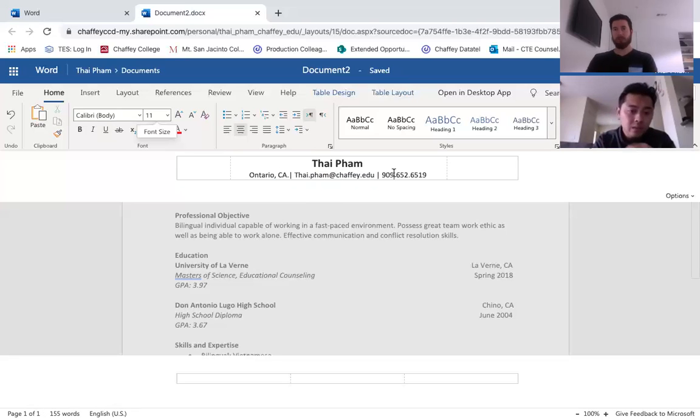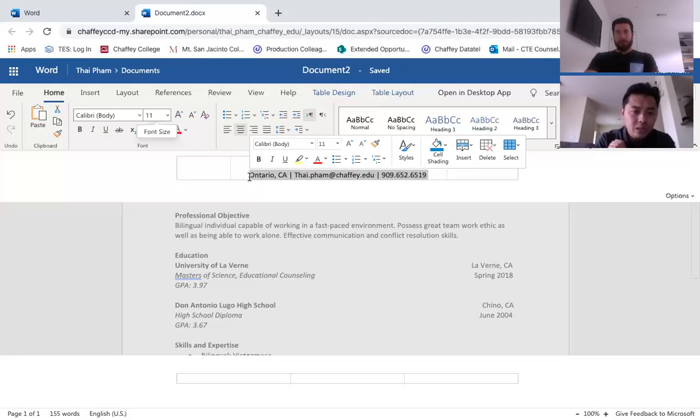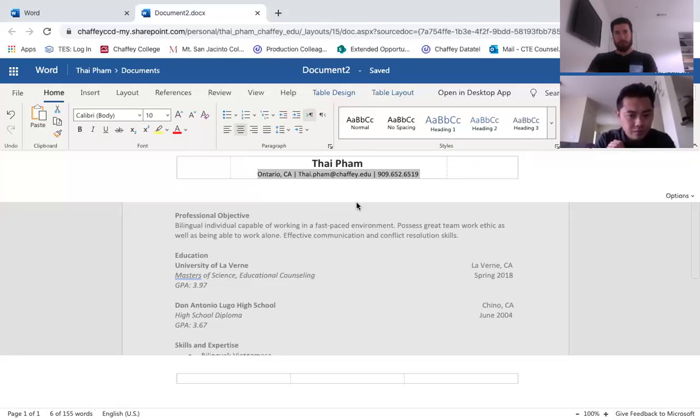The other cool thing as well is that being a Chafee student, you can utilize our Career Center, and they have resume paper that you can print your resumes on for free. So definitely look into that once you get it all done, and they can print, I believe, up to 10 copies for you for free. Wow.